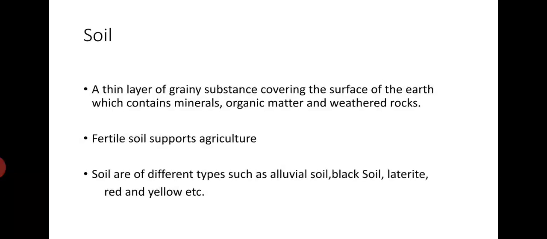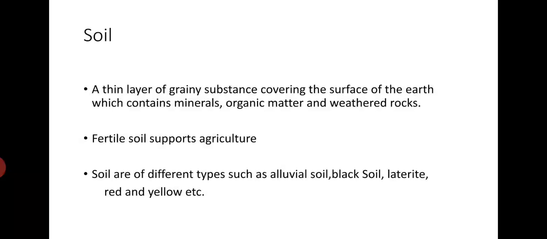The soil is a thin layer of grainy substance covering the surface of the earth, which contains minerals, organic matter and weathered rock. Organic matter is also called humus. Fertile soil is good for agriculture, it supports agriculture, and soils are of different kinds,